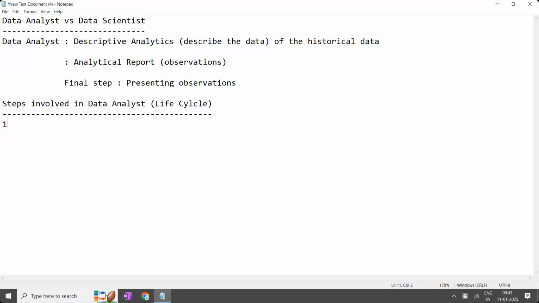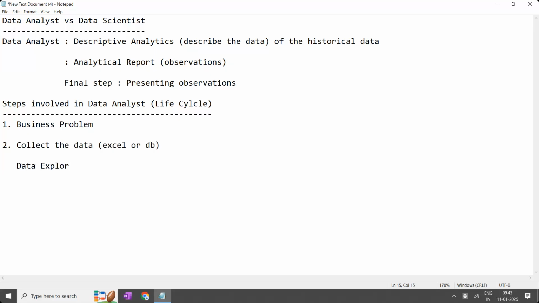First, they'll understand the business problem. What is the business problem? After understanding the business problem, they are going to collect the data, either in an Excel sheet or from a database. Once they collect the data, they do the data exploration.